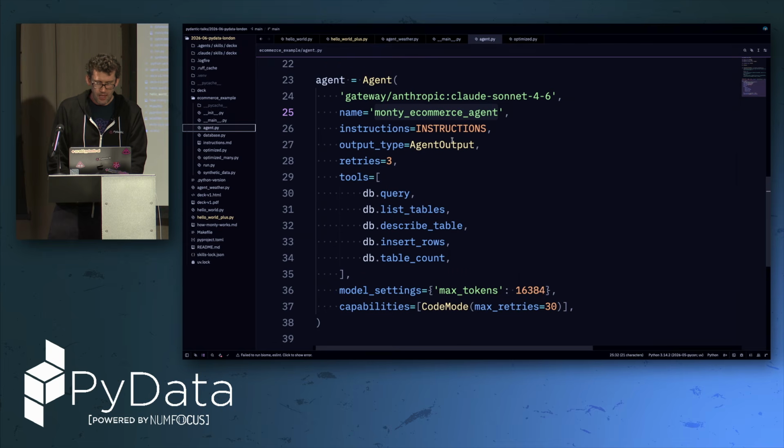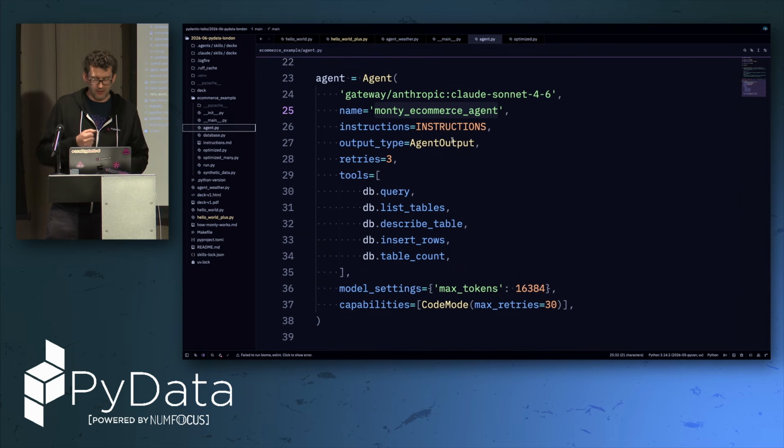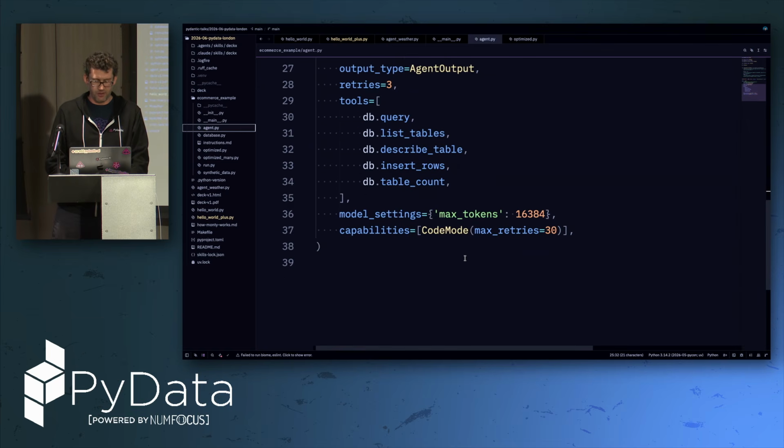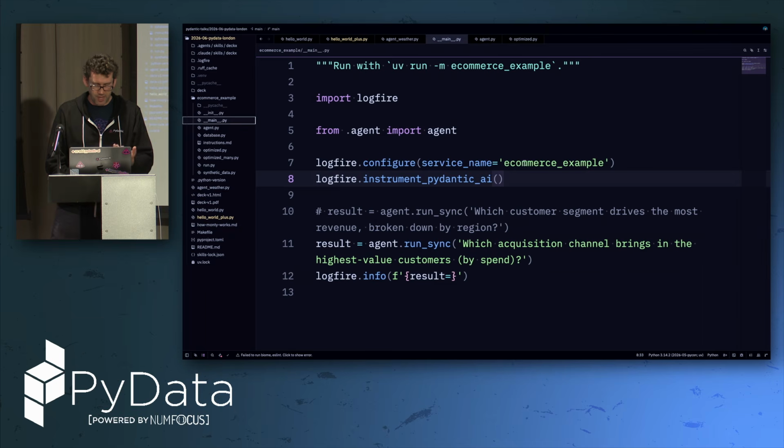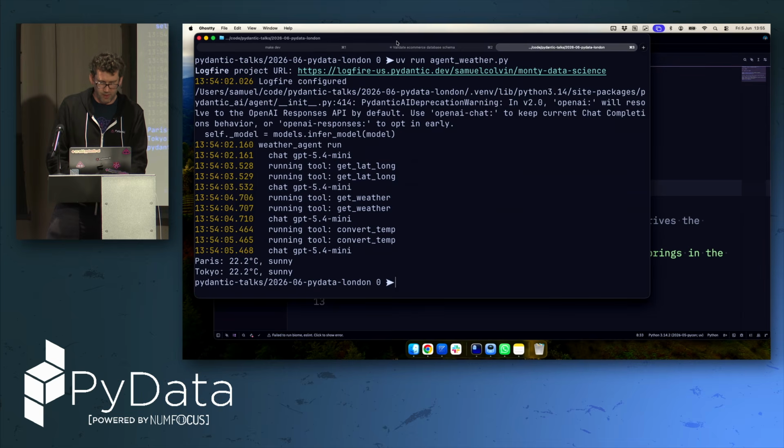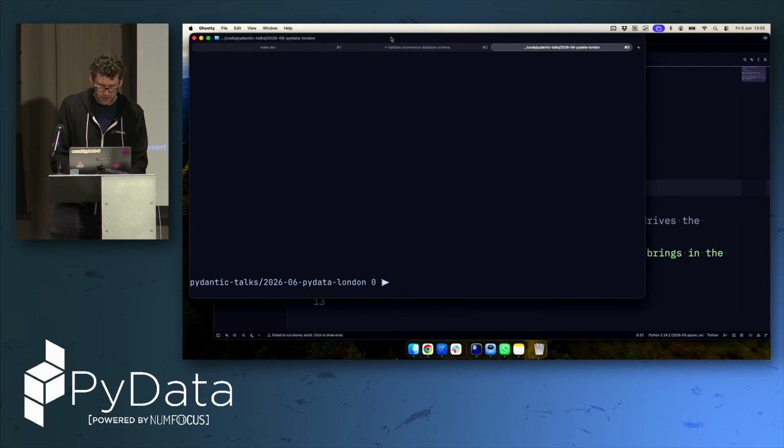So this agent is doing some e-commerce analysis. So we have a bunch of different tools registered. I won't go through how they operate, but basically it can go and run SQL queries, and it can list stuff about the database that it has access to, to work out what's going on. And ultimately, when we come to run our agent, it's as simple as asking some question about our big e-commerce data set. And so if I go and run that example without going through in much more detail,